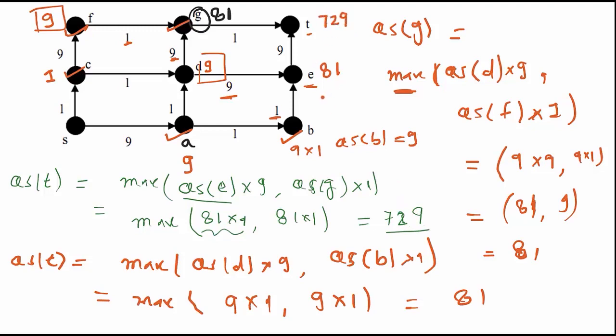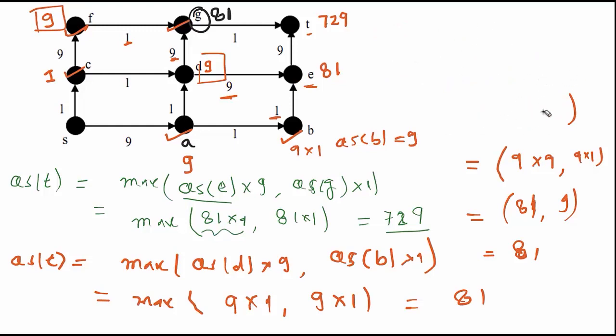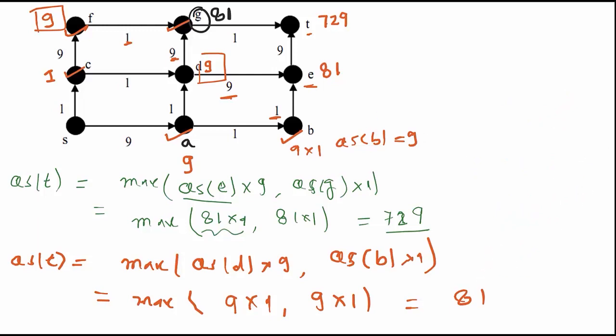Now we know the quality scores of all the vertices and we just need to sum them up to get the final answer. Okay, so let me erase it and we can quickly sum it up. What is the quality score of S, which is 1, right? It is defined in the question itself. Plus quality score of A, 9, quality score of B is 9, plus quality score of C is 1, plus